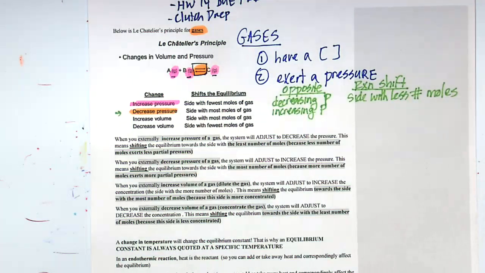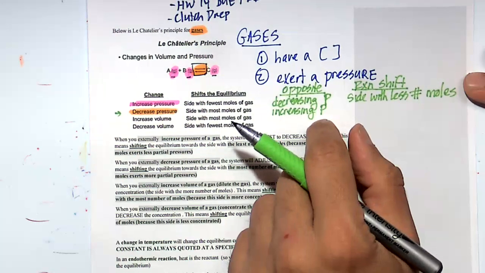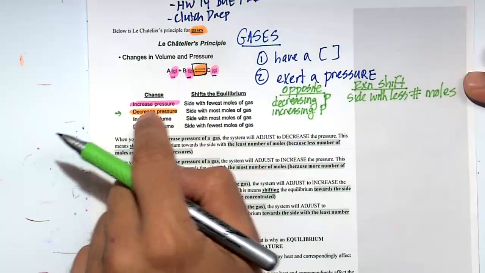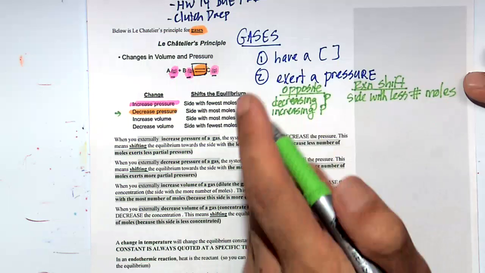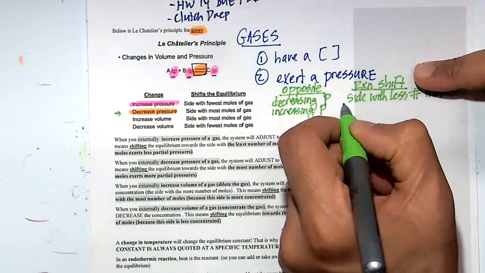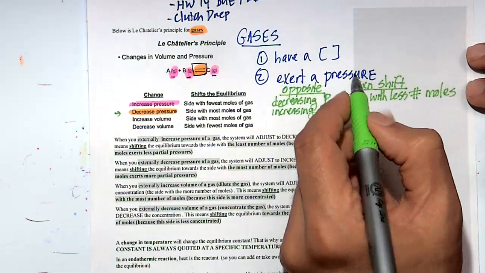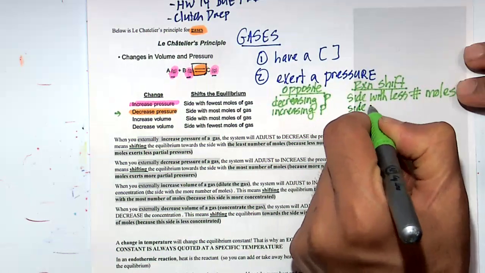We're in this room now. If I say, class, let's meet in the closet, that's a lot of pressure. Same thing here. So Le Chatelier's principle: if you decrease the pressure, the reaction will counter by increasing pressure, and it will shift. The reaction will shift to the side with more number of moles.